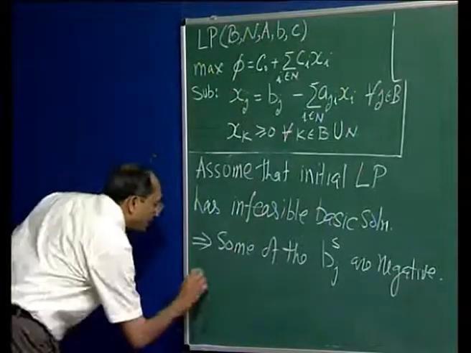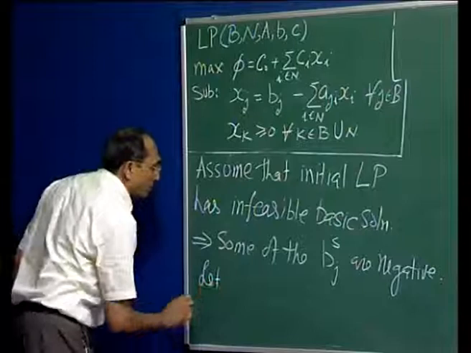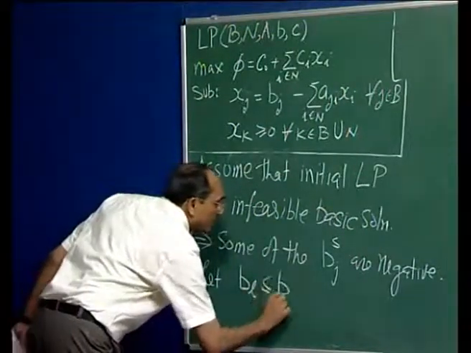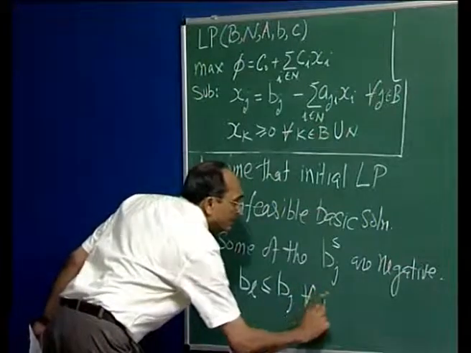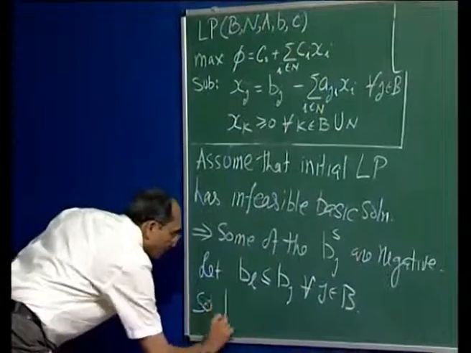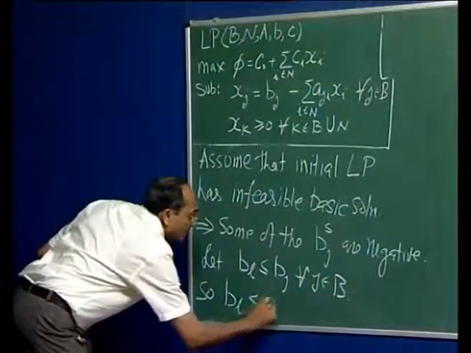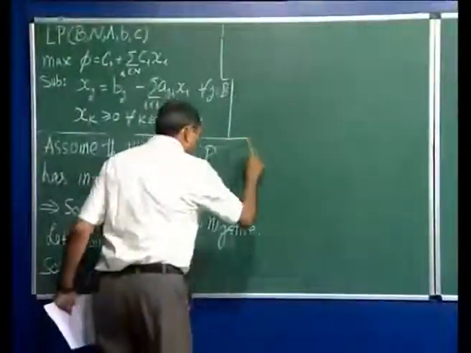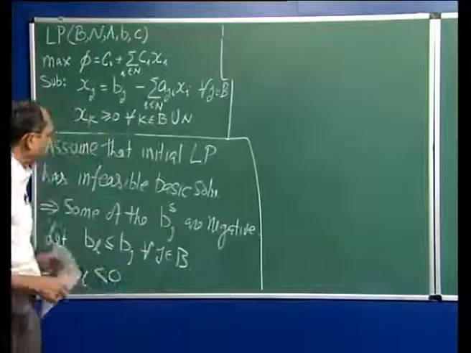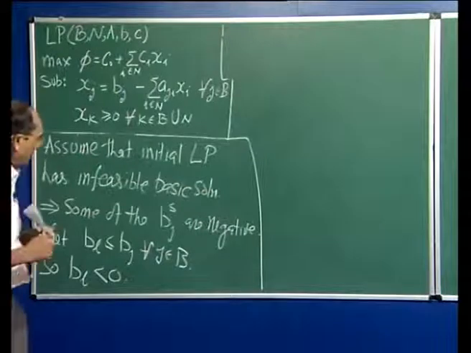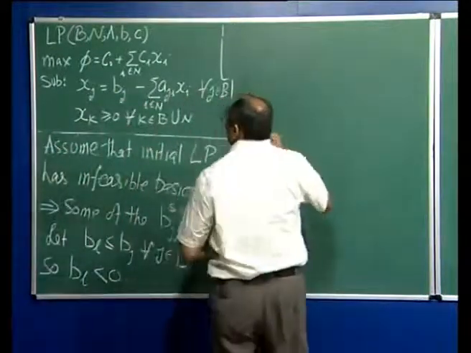Okay, so now we will assume that bL is less than or equal to bj for all j in B. So bL better be negative. That's based on our assumption. Okay. So now first I am going to introduce a variant of our linear program,